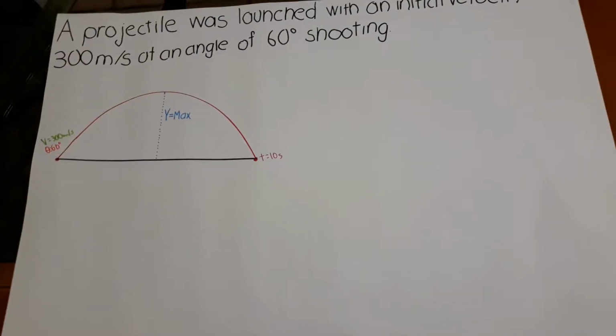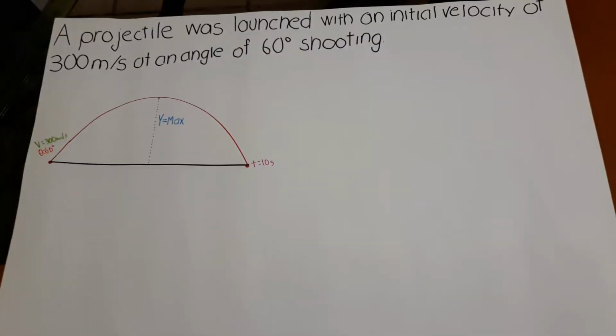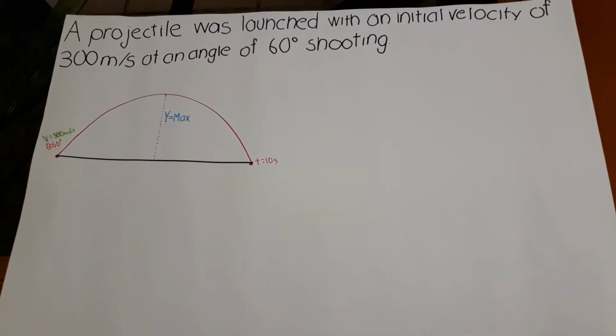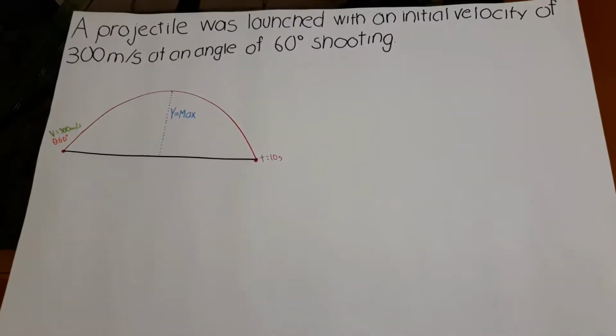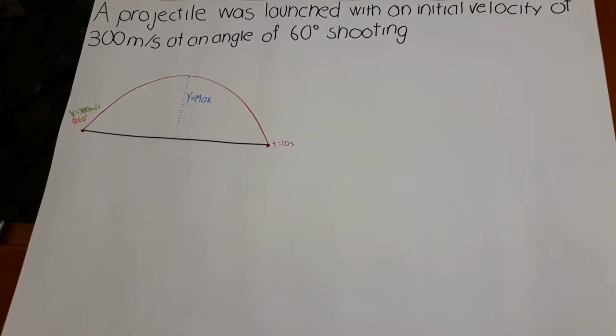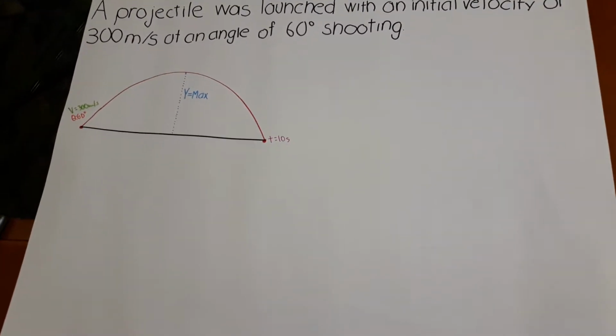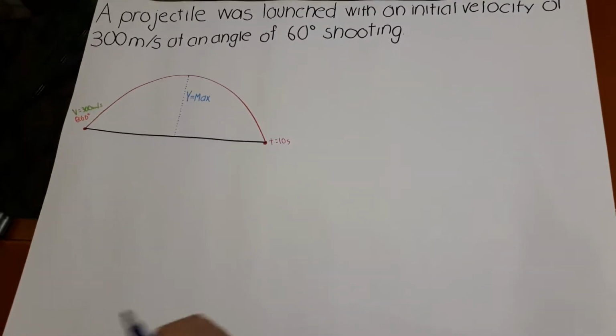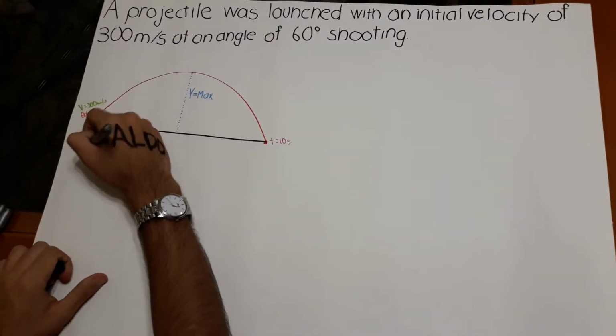The problem that we are going to explain is a projectile launched with an initial velocity of 300 meters per second at an angle of 60 degrees. I'm going to explain how to obtain the vertical and horizontal components. These are obtained with the formula